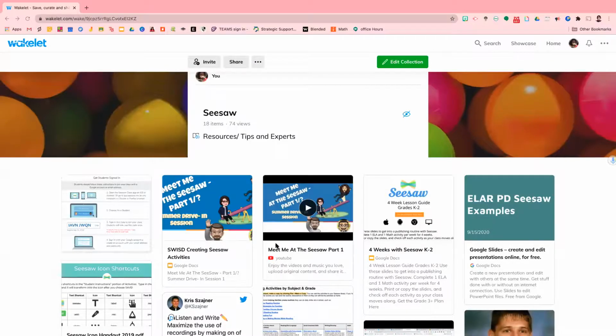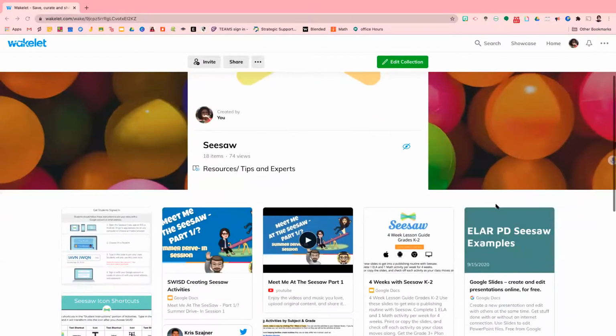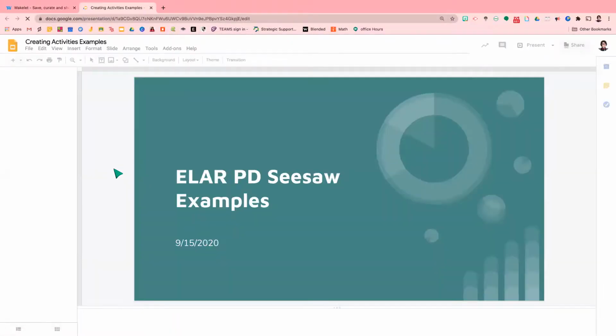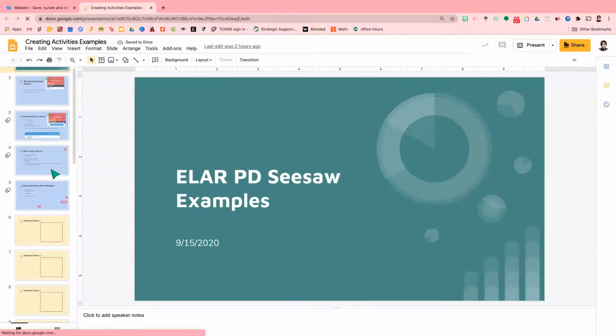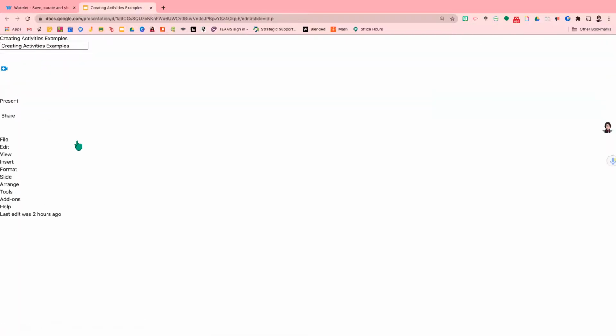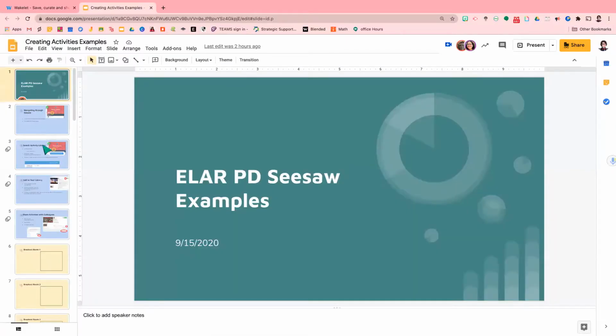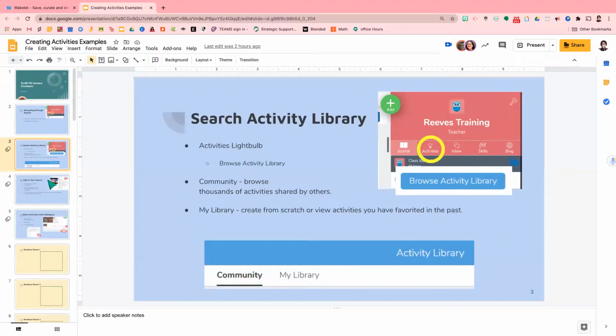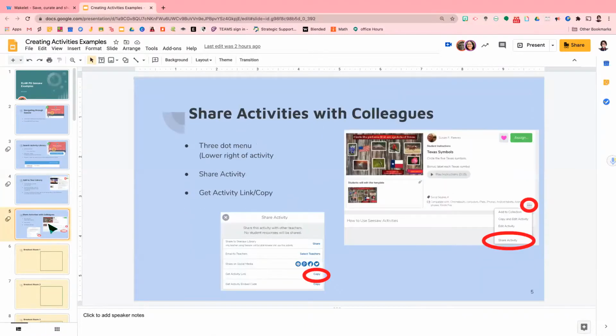So right now, hopefully I'm sharing the right screen here. Are you seeing my Wakelet? Okay, so right here at this button, it'll take you to the ELAR. So right here are the examples on how to do it, how to get to the library, the different steps that you take to get to that library of activities.